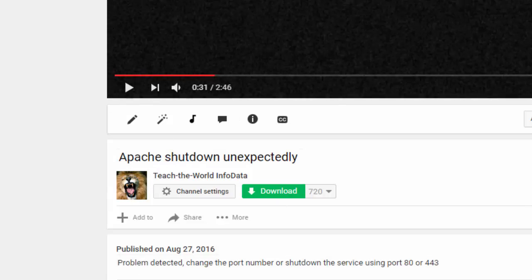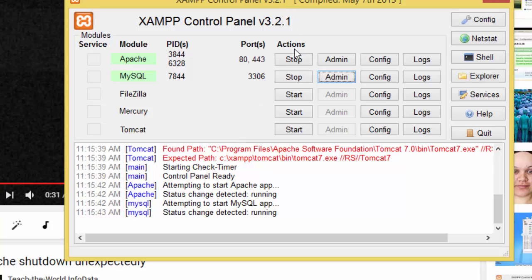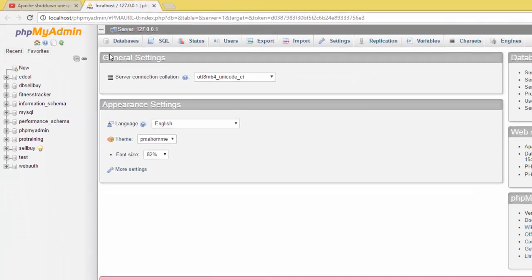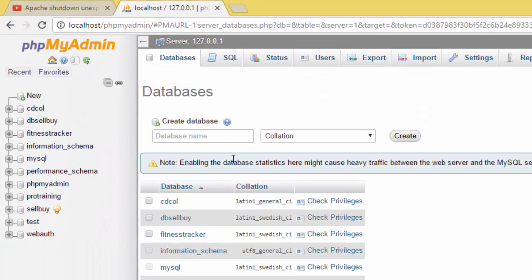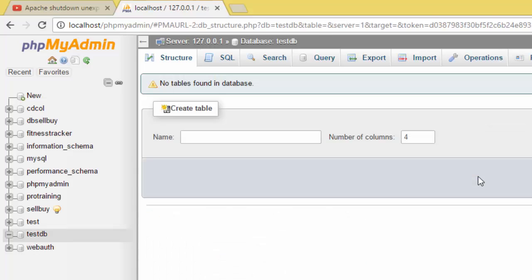So we go ahead to the database, click admin, so that we create a database here, and click New. I'm going to give the database a name like testdb, and we create the database. And on our database we are going to add some dummy data. For example, we create a users table,